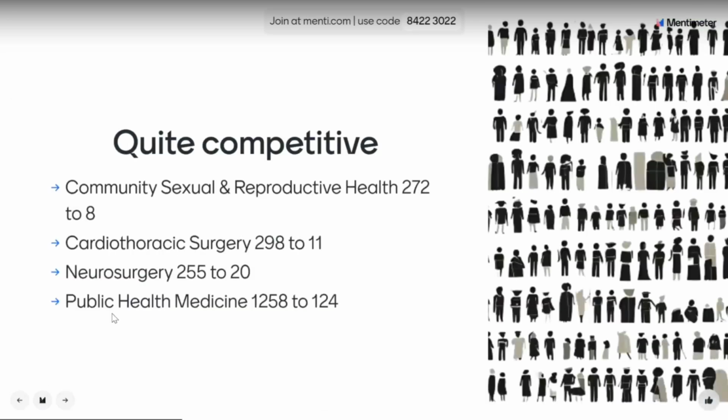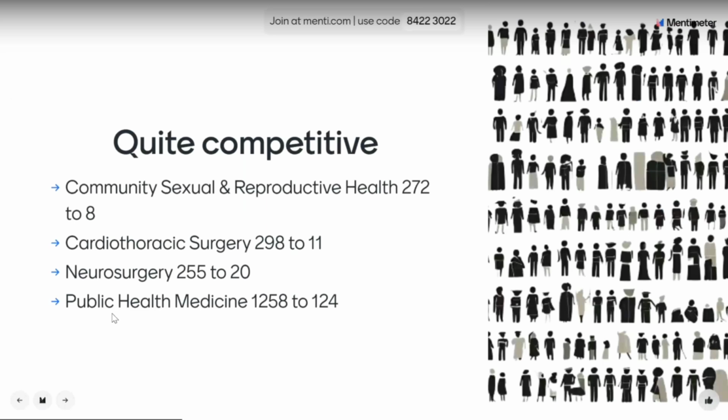So I just picked out the most recent competition ratio. That's for the applications for 2023, those that started training last year, August. And this was what the competition ratio was like. Only 3 specialties were more competitive than public health medicine to get in. These are the numbers